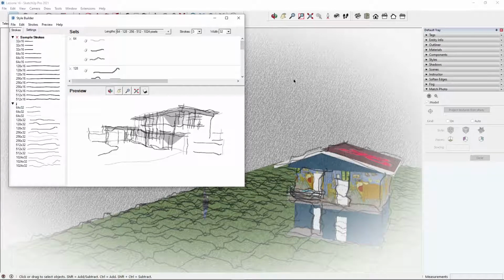In this video, we're going to talk about styles in SketchUp. We're going to see how we can customize a style a little bit, starting from the libraries or also using Style Builder. And we're also going to see another really interesting tool called Match Photo that can help us to create materials and textures for materials,